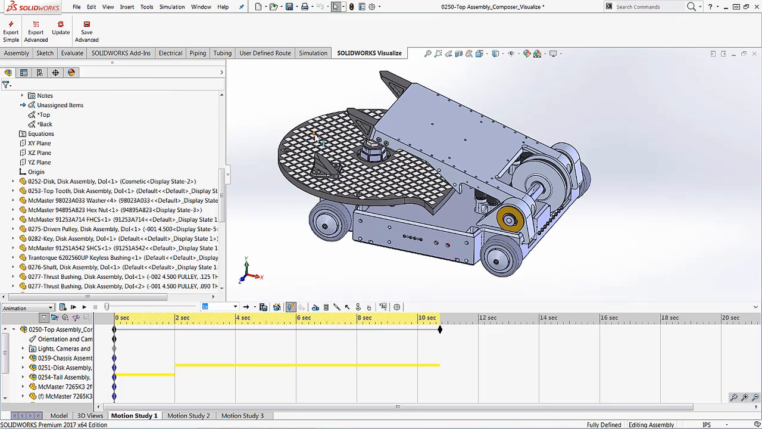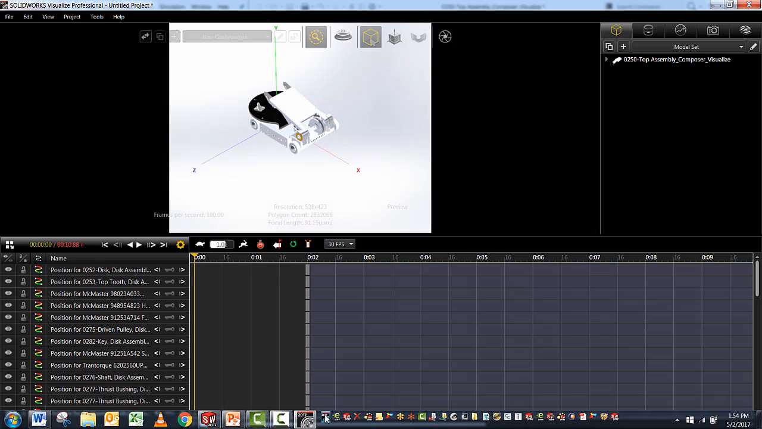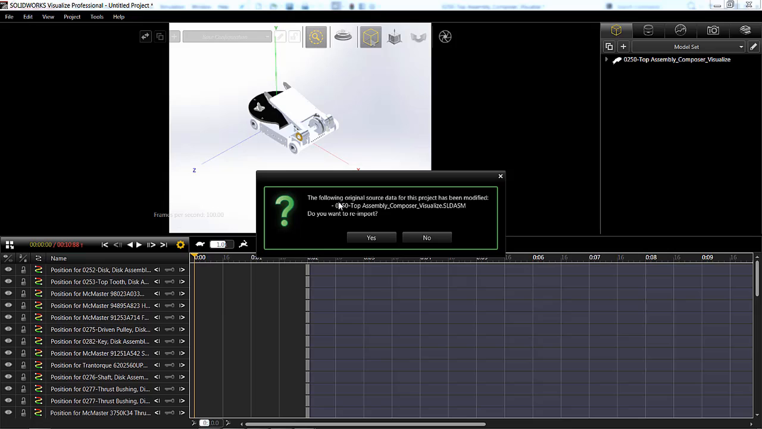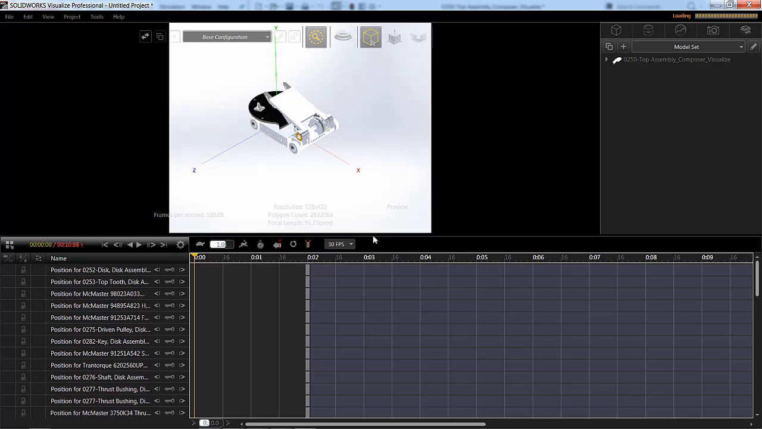But does this change propagate to Visualize? Absolutely. Simply hit the update button, and Visualize will prompt you with a window that says, hey, the original source data has been modified. Do you want to re-import? Selecting yes, all those changes, even an advanced animation, will pass through into Visualize, and you're ready to keep working